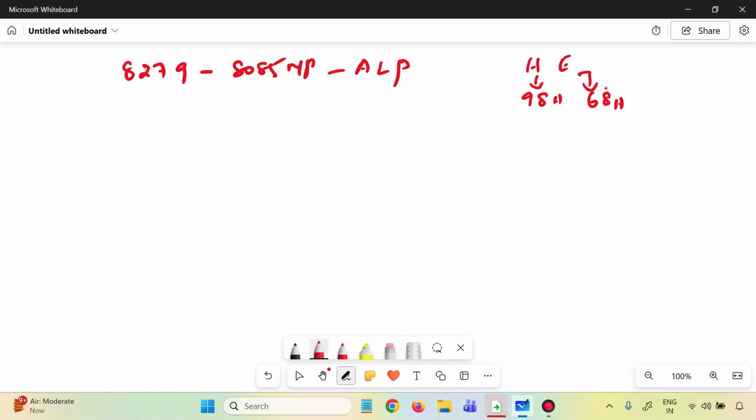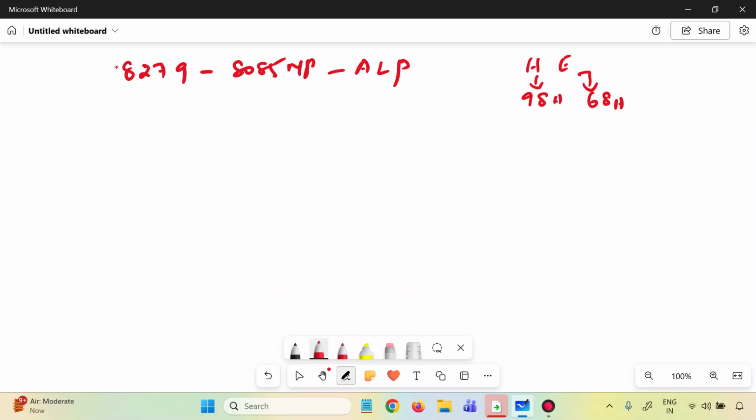So this is what we saw in the first part. So how to frame a character for that? When it gives 98, it will display H, and when you give 68, it will display E. It is very simple to write an ALP here. It is a rolling message display, so continuously your H and E will be coming: HE, HE, HE like that. As we see in the hoardings, like at textile shops, a lot of hoardings display the results.